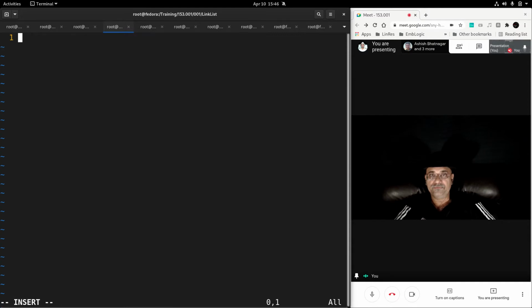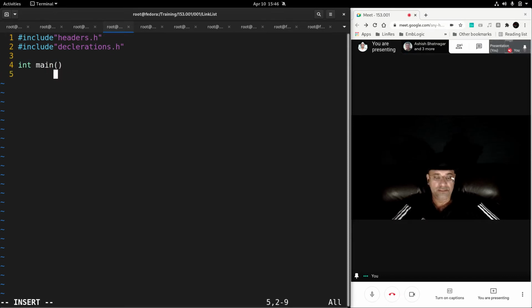In the main function, we'll start our linked list program. #include headers.h and declarations.h. Both the header files are included. Now we start our main function, int main. In this main function,